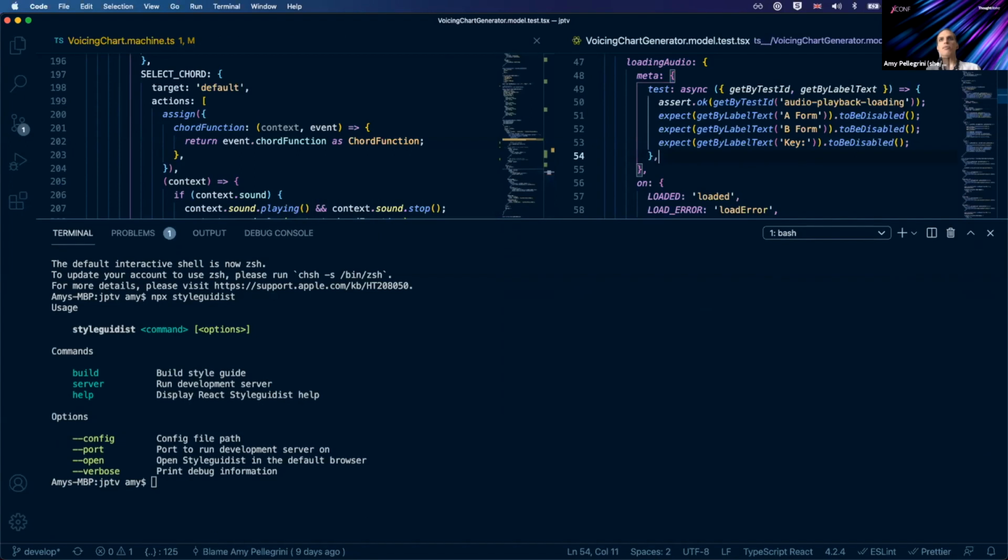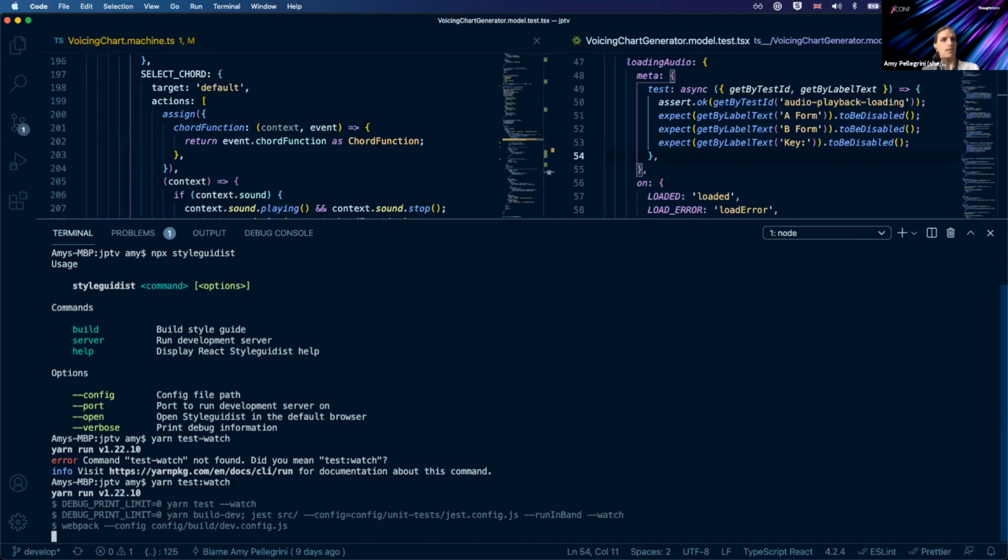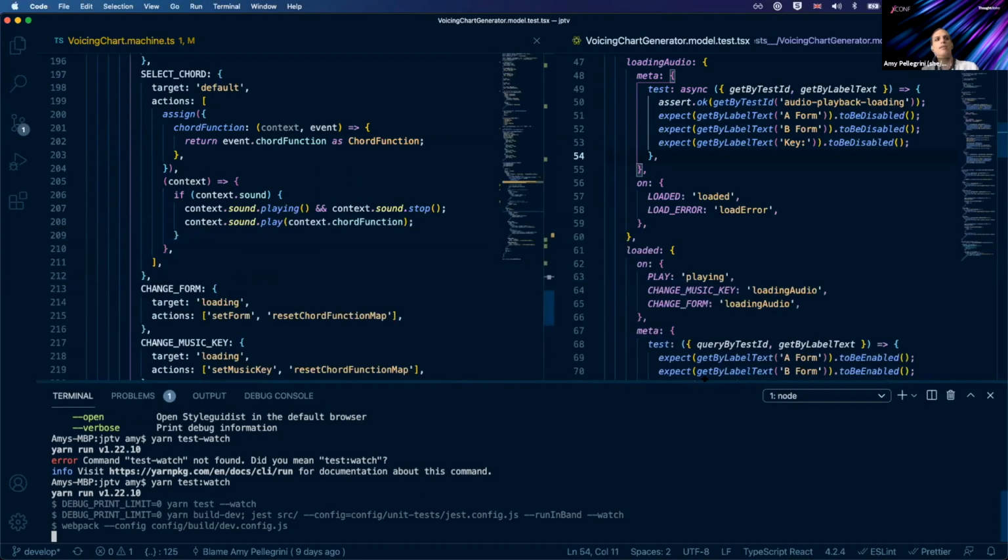And I was playing around also with model-based testing, something I would like to discuss as well. So just very quickly, test watch. I'm using so many watch commands, I usually tend to forget which one is the one. So basically, this model